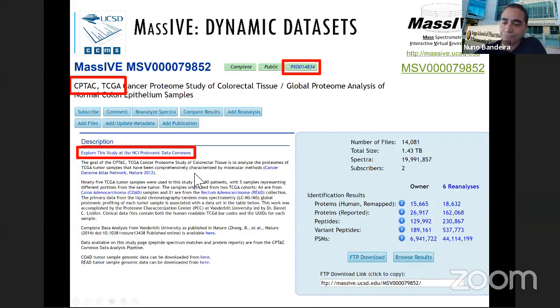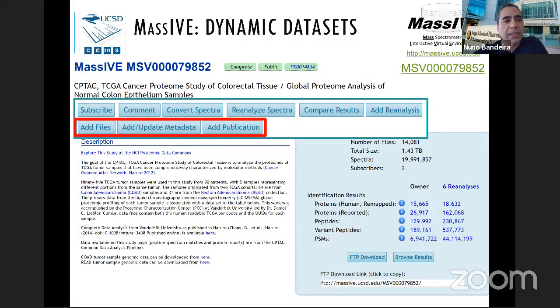while also being linked back to the original source of the data where it came from. Now, if you deposit data at MassIVE and you own the data set, you'll see these buttons next at the top of the dataset page for each data set that allows you to add files, add or update metadata, or add publications to your data set. And this is one way in which data sets at MassIVE are dynamic, in the sense that you can add things to it, you can update it, and you can add your publications, which is important as you keep publishing on the data that you first published maybe a couple of years earlier,